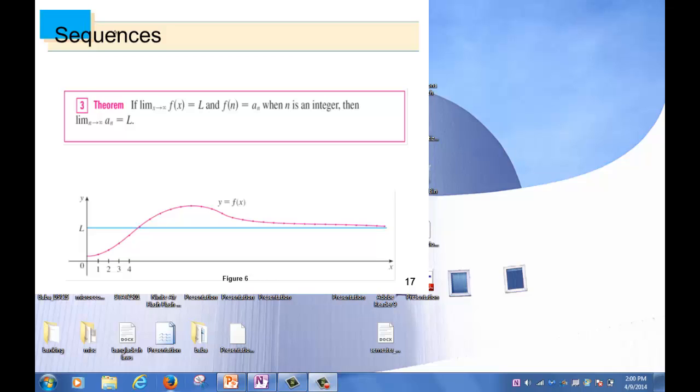Everybody is okay with what I just said? So graphically, notice that, let's say the limit is L, so I have the horizontal line at L,